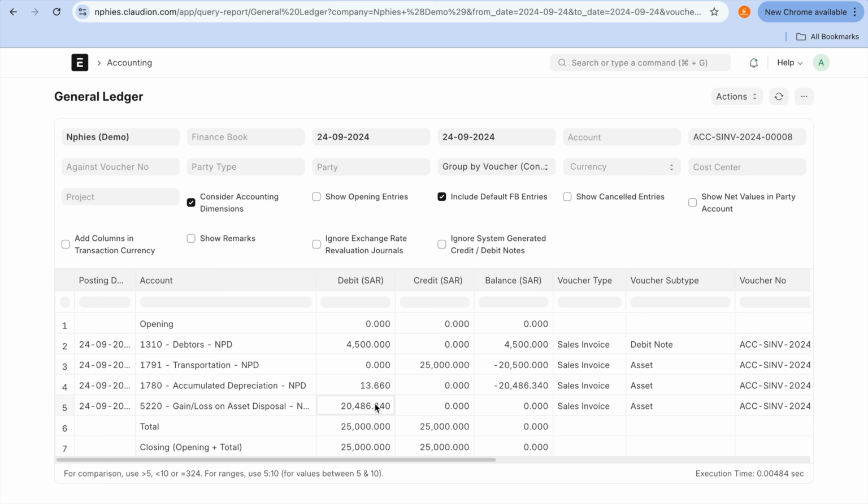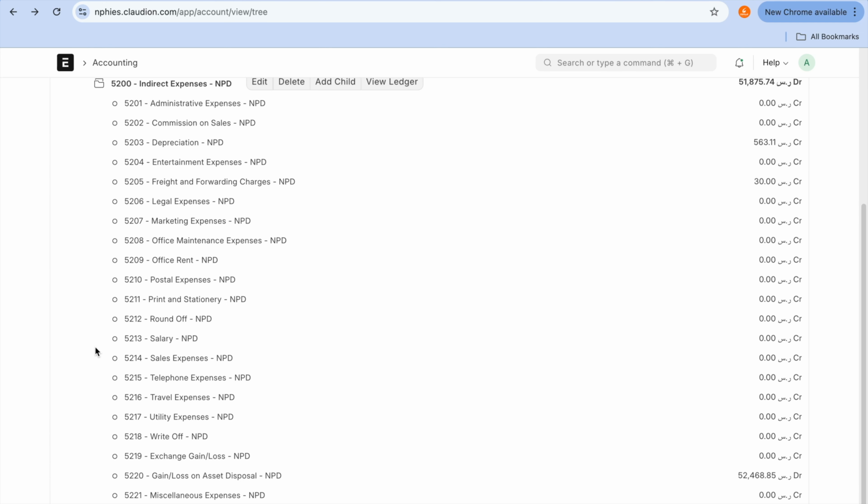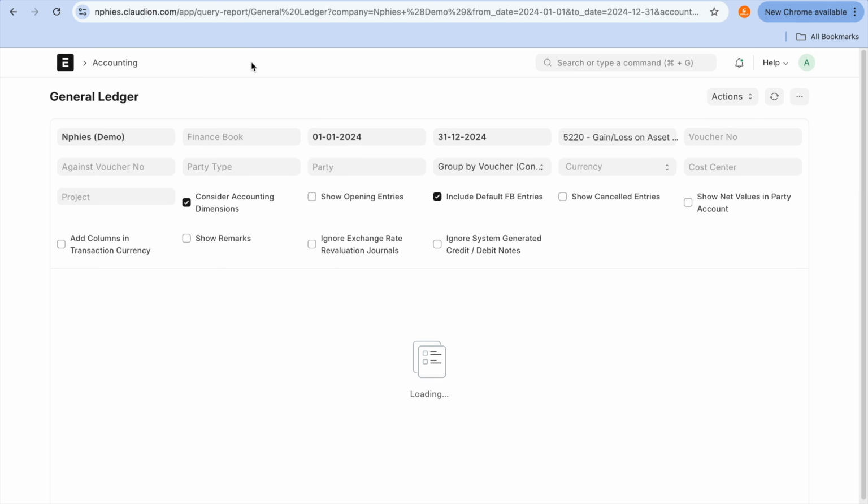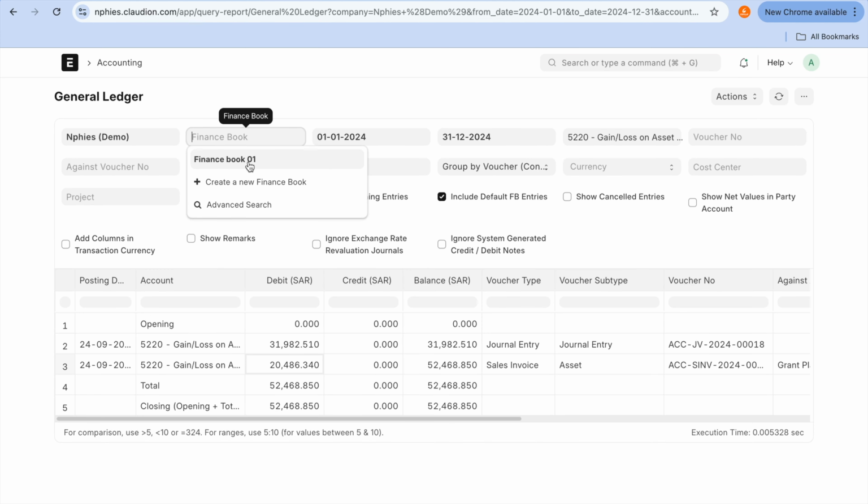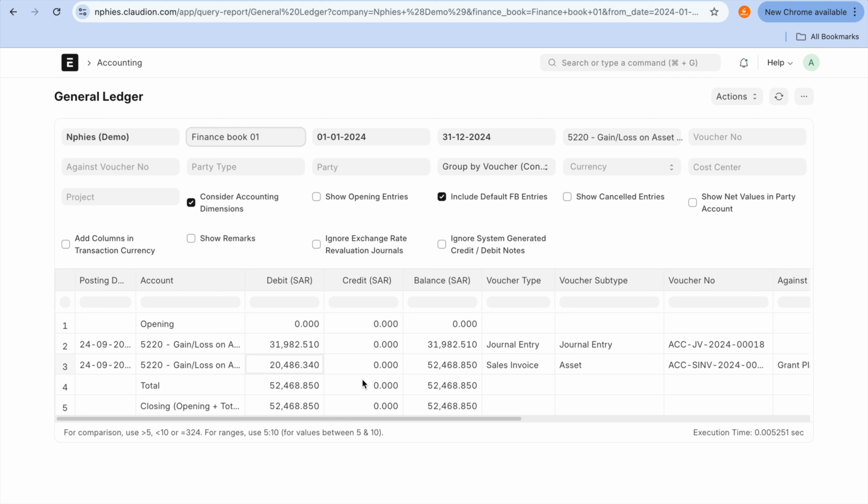So this is where we had confusion. Actually, on the gain and loss, what will happen? The total amount on the balance sheet minus the depreciation amount, that amount will go to 5220. So I'll show you on the 5220 gain and loss account on the ledger. On the ledger, it is